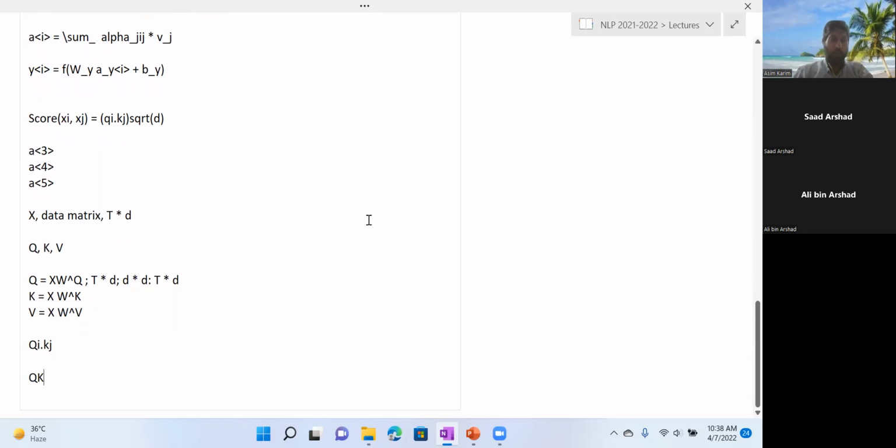Of course, we need to look at their dimensions. q was t into d, and k is also t into d, so there will be a transpose. So q transpose into k. So what will this become? q was t into d, this becomes d into t, and then the next was, of course, t. One second, the answer should be t by t, right? This would give us, q was